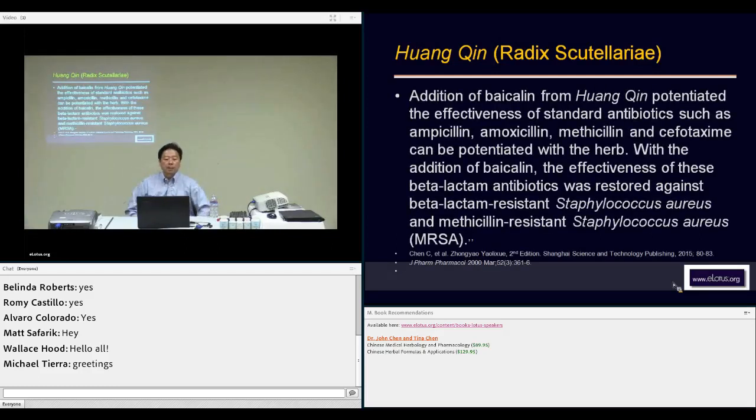Another thing that's quite interesting is that in addition to just treating the infection, Huangqin actually has a synergistic effect with drugs, helping to potentiate the effect of the drug to treat the most stubborn, most difficult to treat types of infections. This reference says that the addition of this compound from Huangqin called baicalin will potentiate the effect of many standard antibiotics, such as ampicillin, amoxicillin, methicillin, cefotaxime, and so on. And in fact,